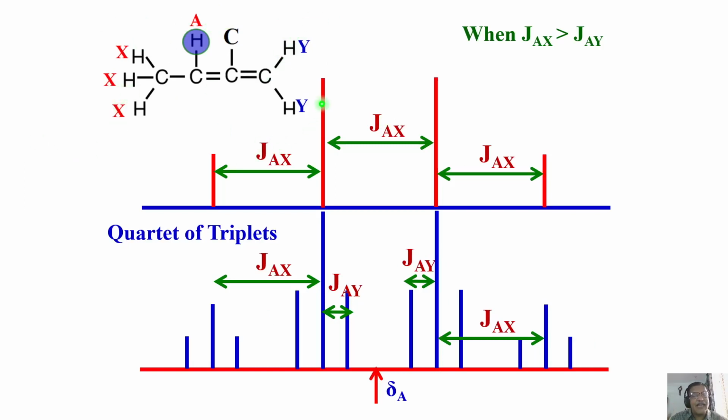You see, in the same molecule, depending upon the proton you are looking at, and depending upon the number of equivalent protons it is coupled to and the coupling strengths, you can arrive at the pattern, decide what type of pattern it is, and give a name for it. And the name for this is quartet of triplets accordingly.